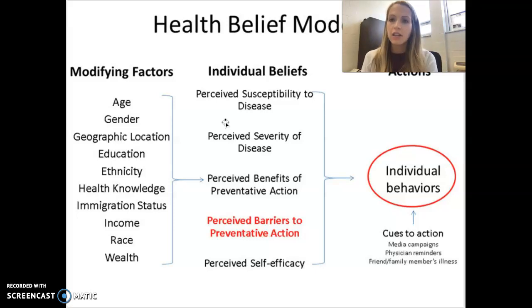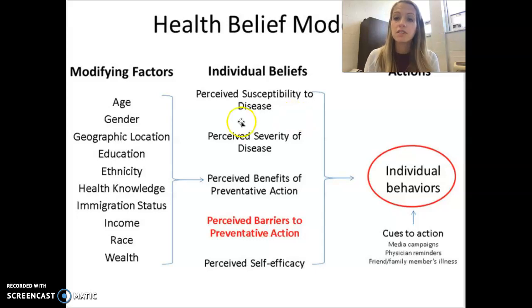So they start thinking about it, and he or she thinks about a class that they've taken, perhaps in college, about health education, and how heart disease can cause heart attack and cause problems down the road. And so this person perceives susceptibility to a disease. They start thinking, I have a family history. Perhaps they had a little bit of elevated blood pressure at their last physical exam. So they're feeling susceptible to this disease process.